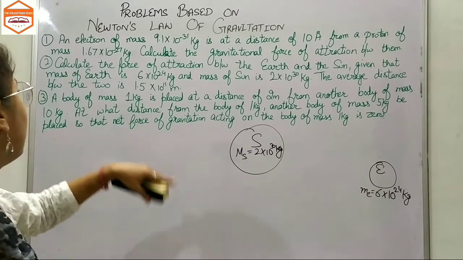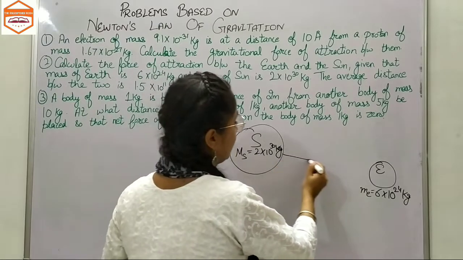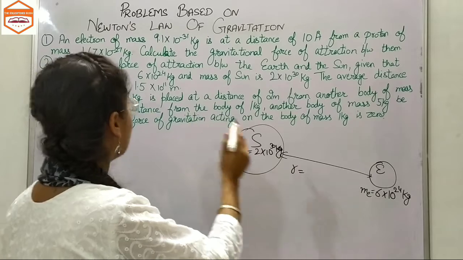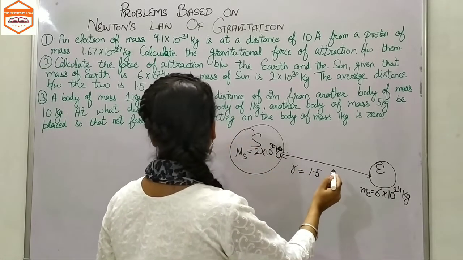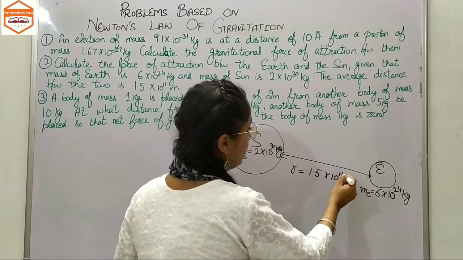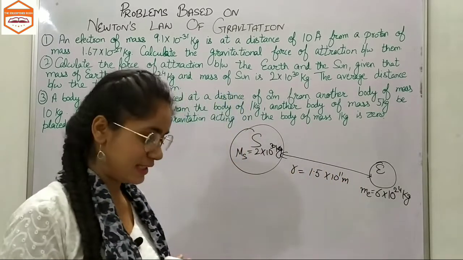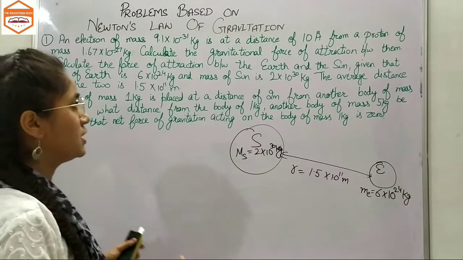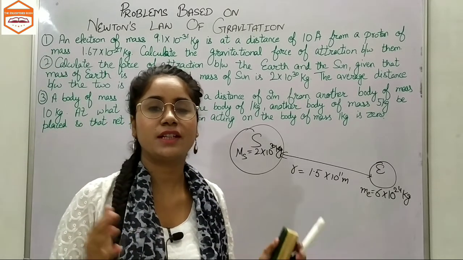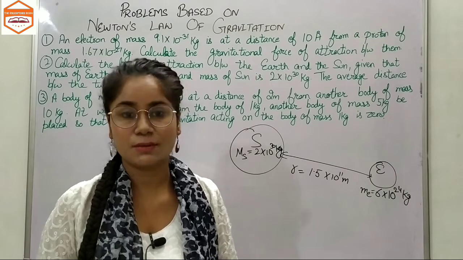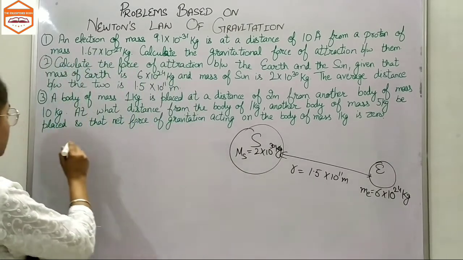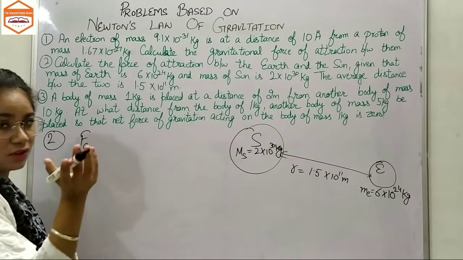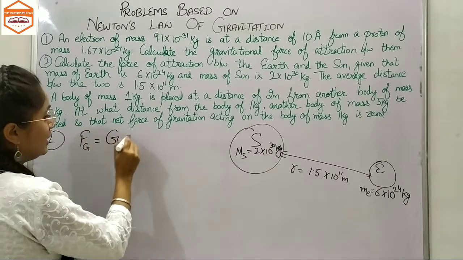Now their average distance, here is their average distance, r equals 1.5 into 10 to the power 11 meters, right? Now what you have to do, you just have to calculate the force of attraction or gravitational force of attraction between them. So that would be F, or you can say F sub g, which is equal to G